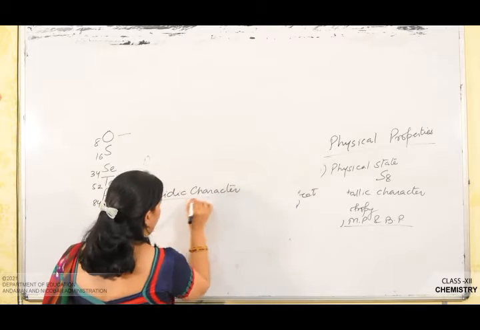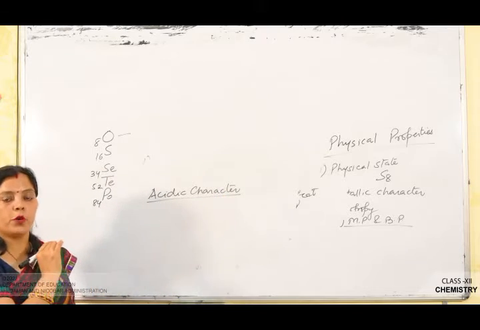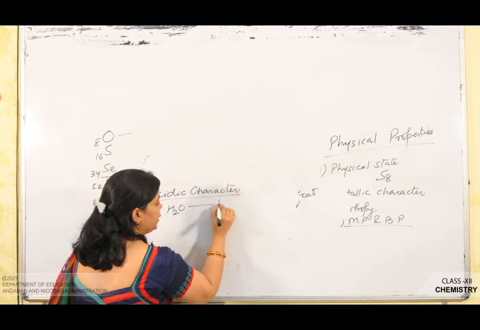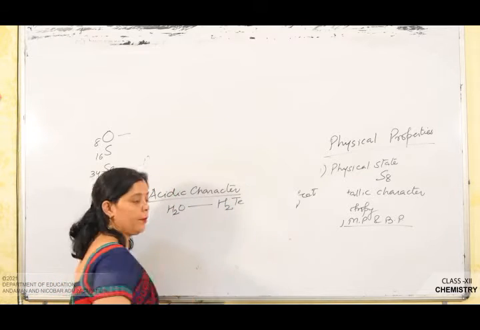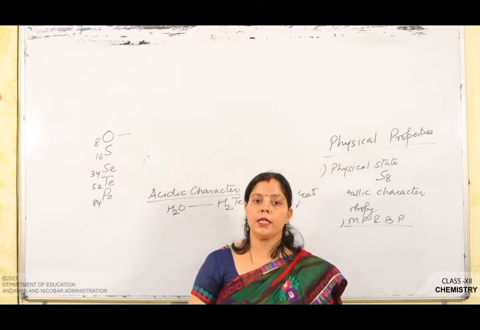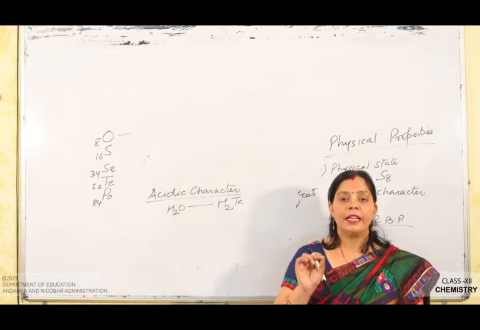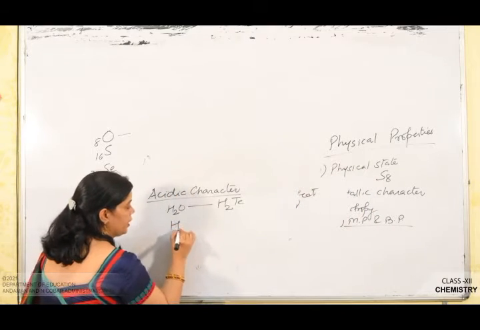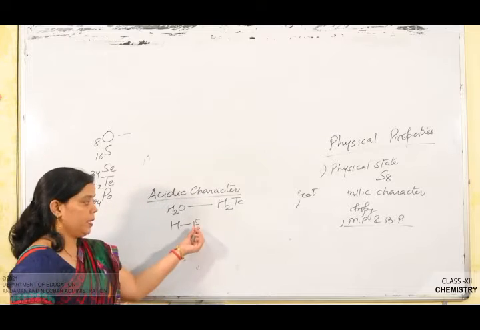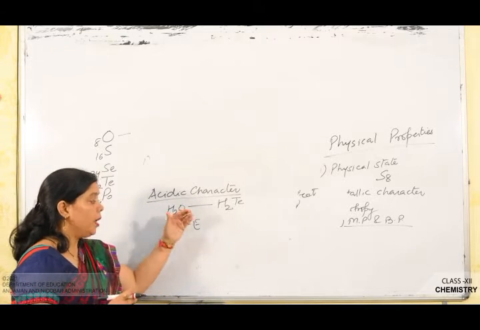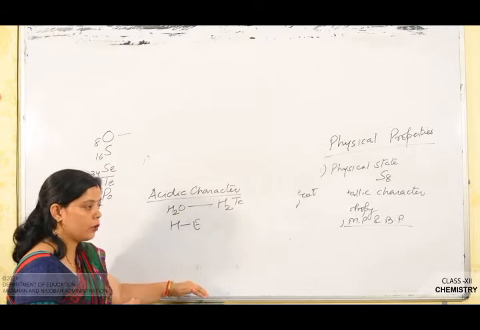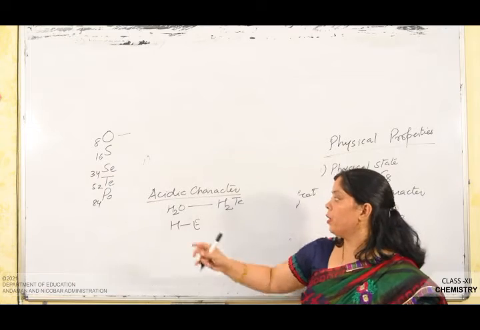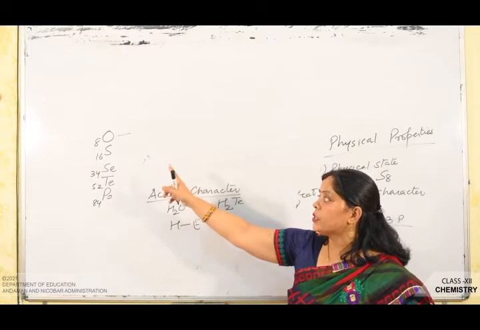So children, the acidic character of the hydrides of the group 16 elements increases from H2O to H2Te. The increase in the acidic character can be explained in terms of the decrease in the bond enthalpy for the dissociation of the H-E bond. Here E is the element of group 16, and the H-E bond strength decreases down the group. That's why the bond dissociation energy also decreases, and therefore the acidic character